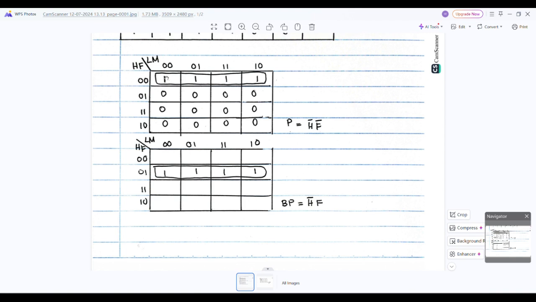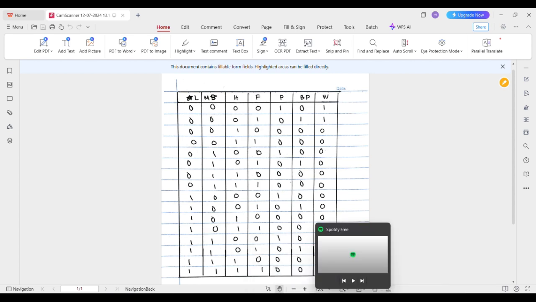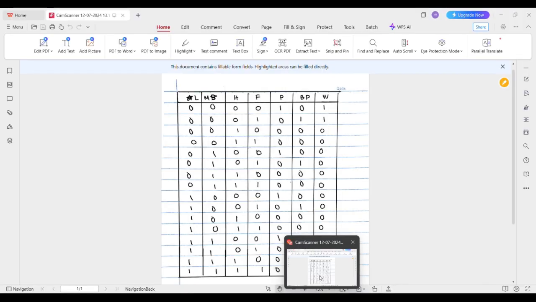Firstly, we need to put the 1s. For P, we look at the truth table. When all of MHF is 0, P is 1. So something like this. When M, H, F is 0, P is 1. Okay, and so on.